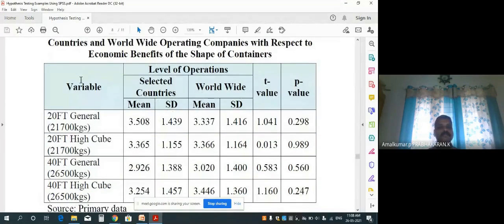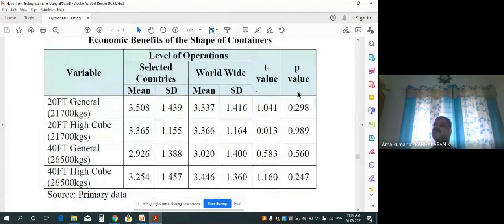Here, the first column is again the variable, that is the different shapes of containers used in a shipping company. And this is the level of operation. There are two levels of operation we want to compare for checking the hypothesis: the selected country oriented and the worldwide operating companies. The selected country oriented companies are classified into mean and standard deviation columns, and we again got a t value